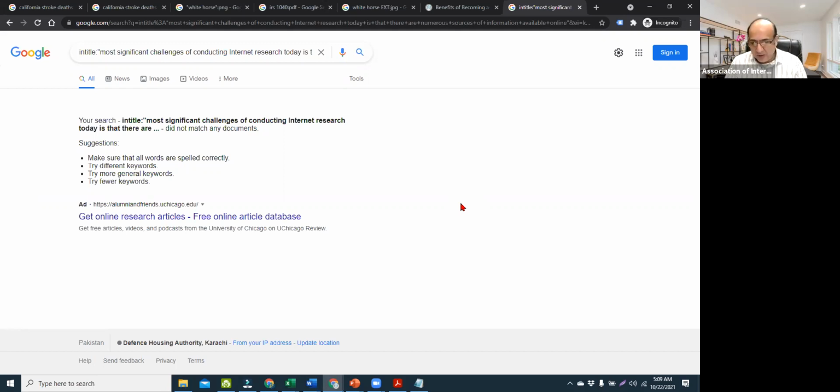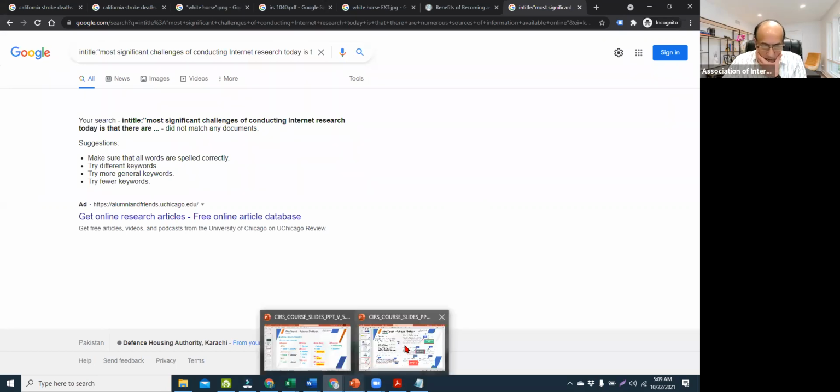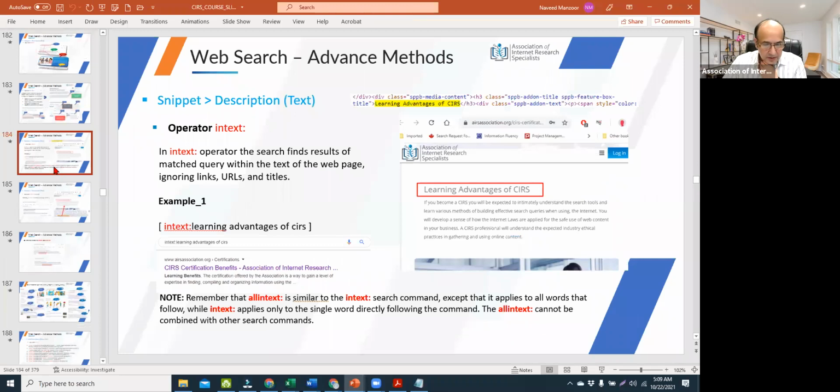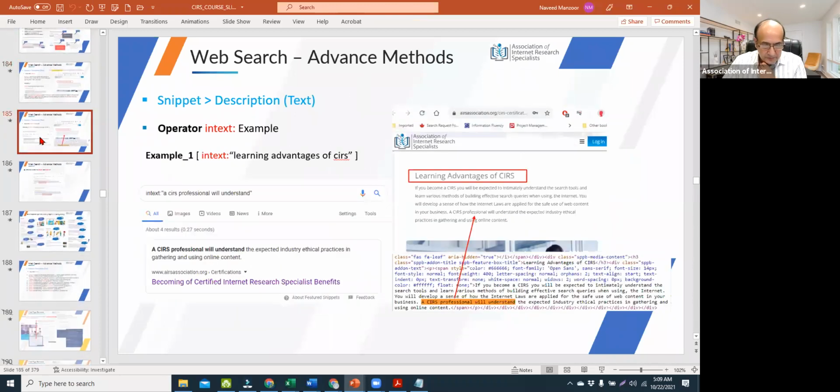Okay, so we have to do a lot of practice with in text and in title. I just don't think that we have a lot of time in hand today, but let me just review to see where we are at so far. And you know where the in text is picking up the information from, right? Like